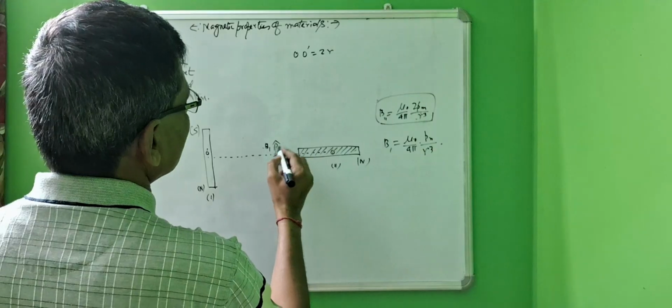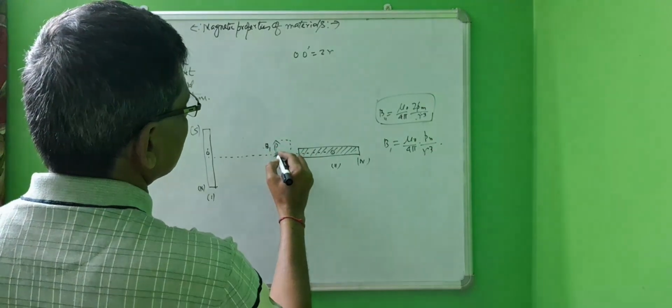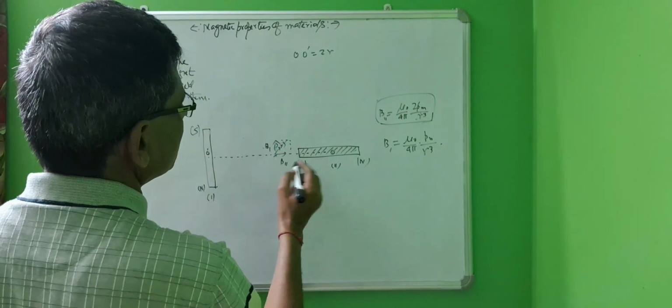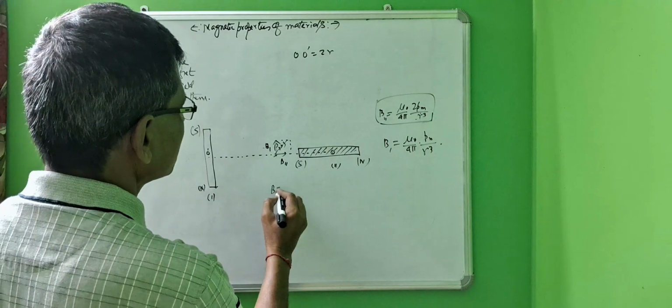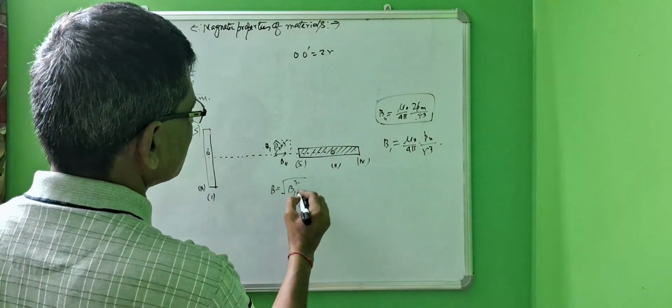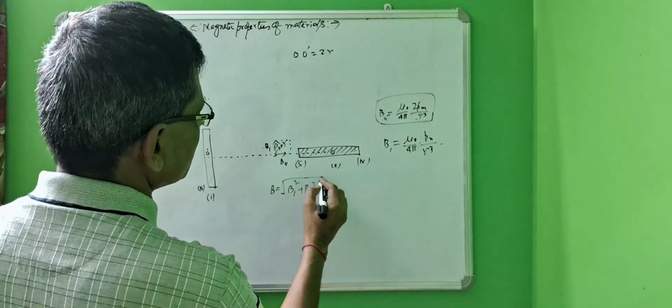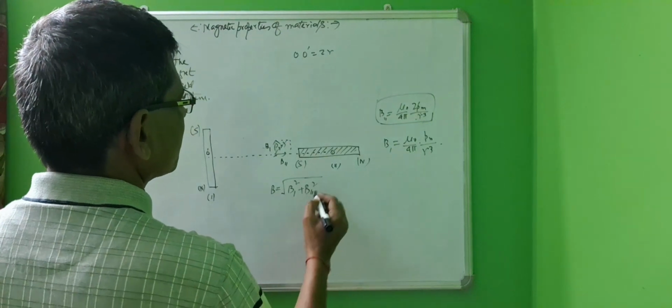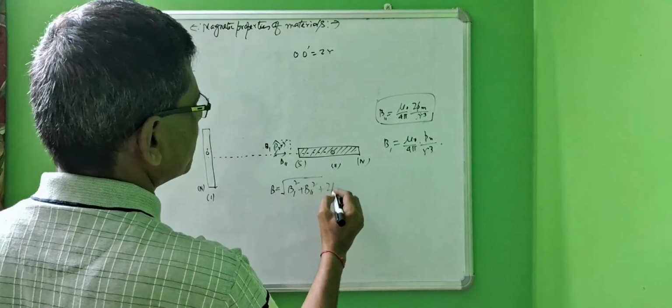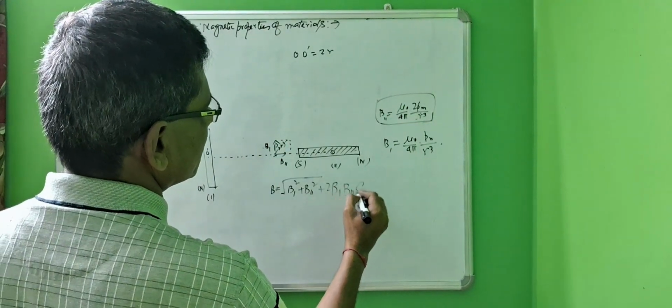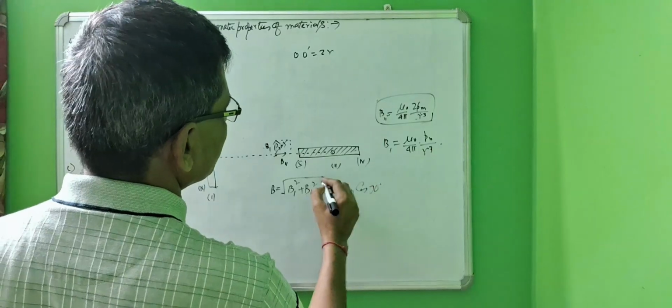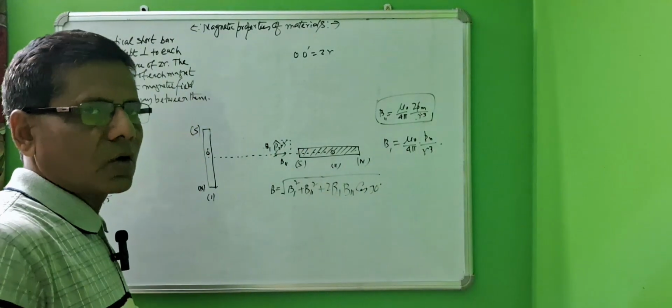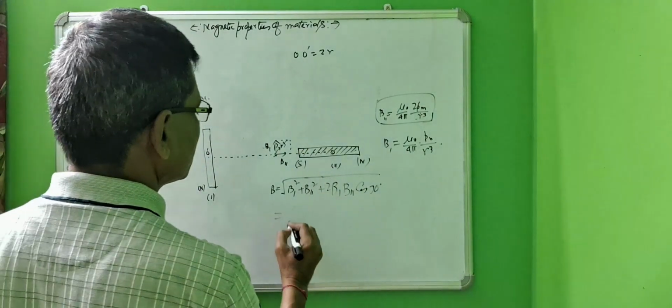So now we have to find the resultant of these two, which is nothing but B equals root over B1 square plus B2 square plus twice B1 B2 cos of 90 degree, because the angle between these two components is 90 degree. So we can get